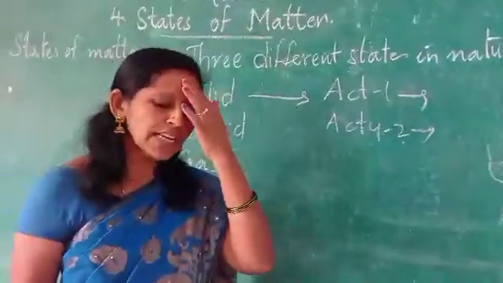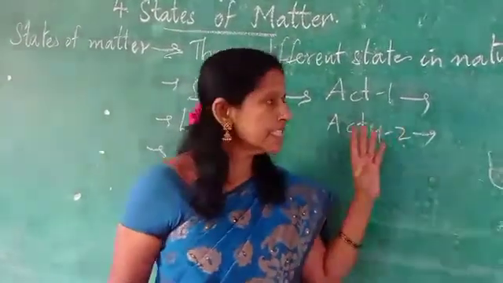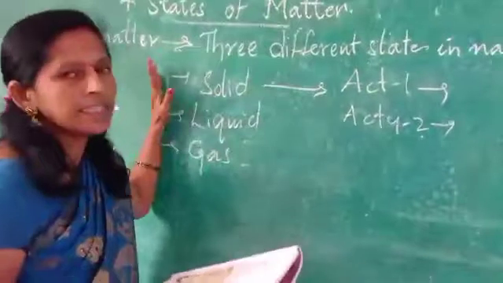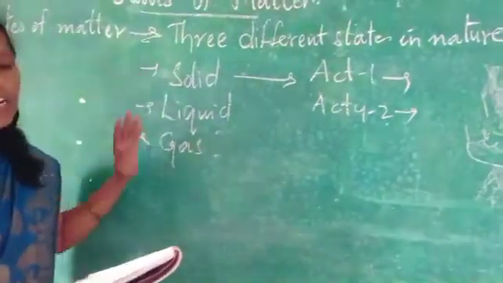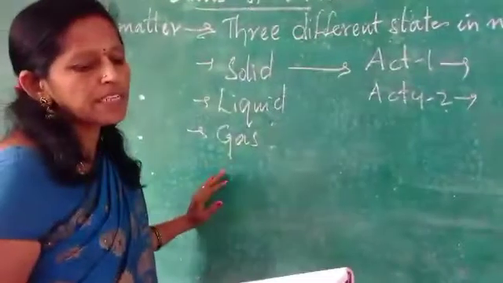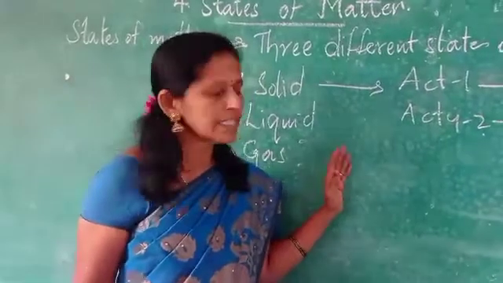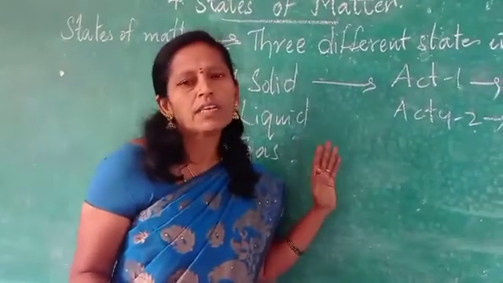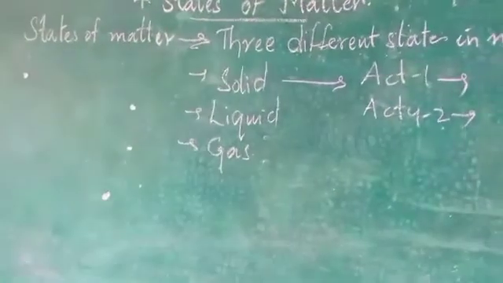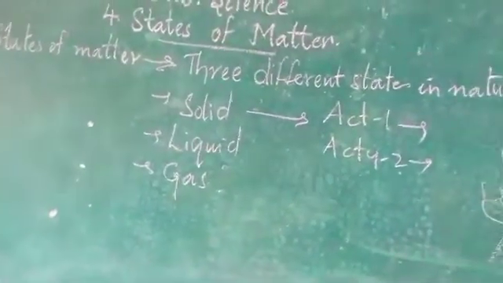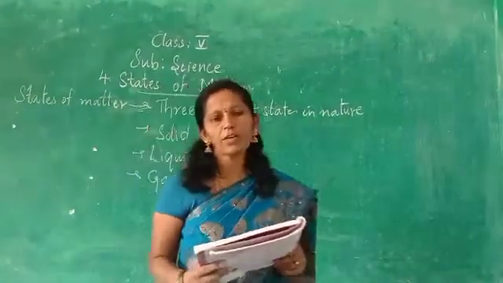Thus we see that water can exist in three states. All three states of matter: what are they? Solid, liquid and gas. A substance can exist in different states because of the difference in the arrangement of the molecules. Now we will go to the solids and see the molecules in solids.